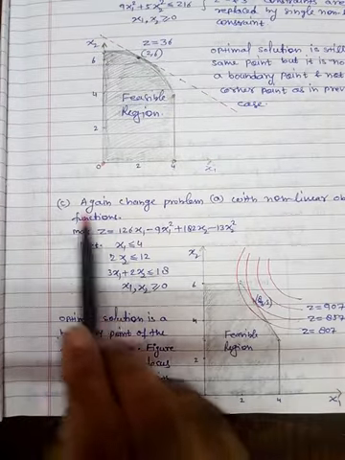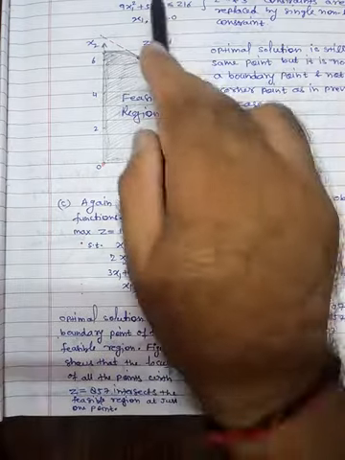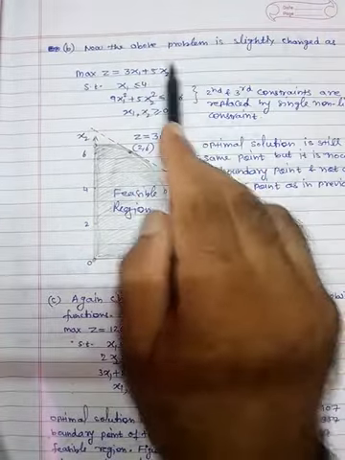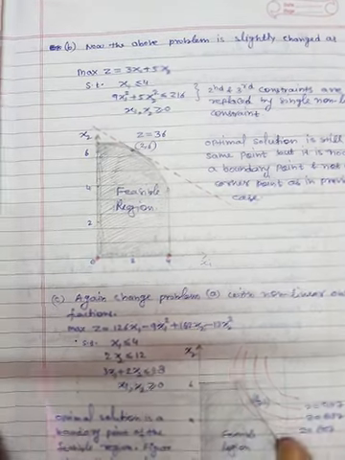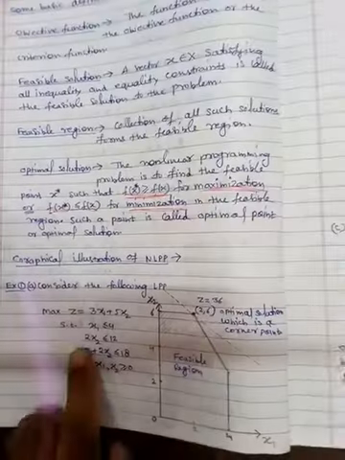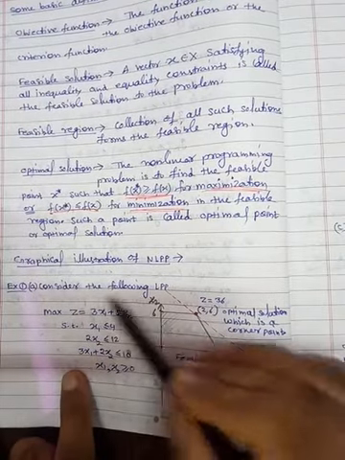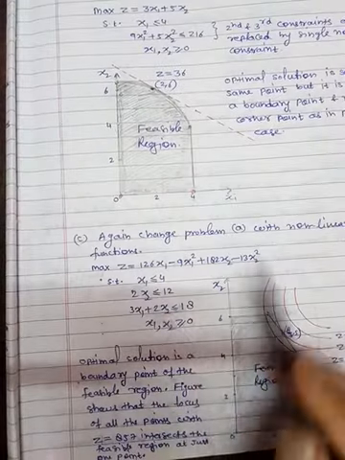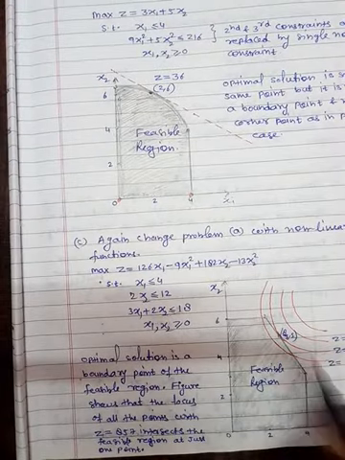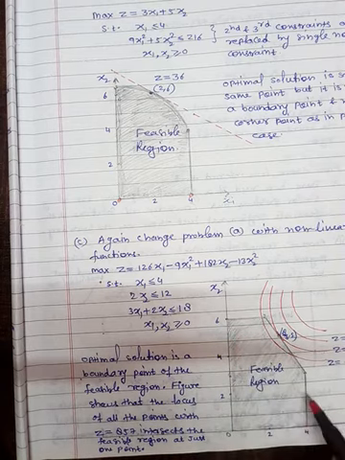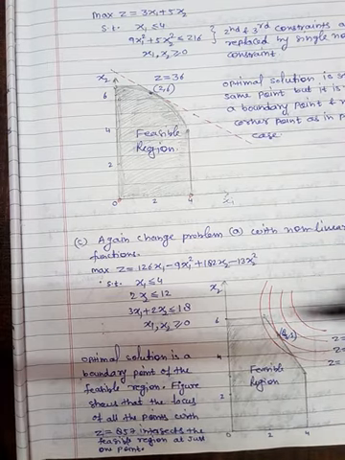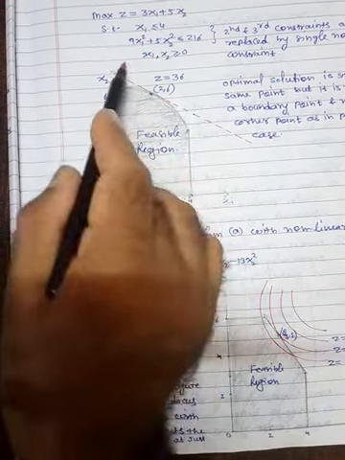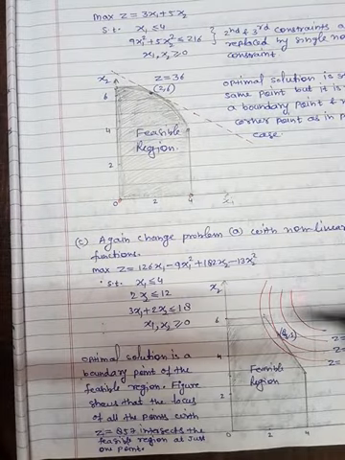Now the third case: again, now change the objective function here. Rather than this linear one, we are now taking a non-linear one. However, the constraints are the same as we took in the first case. They are the same, but in place of this we are taking non-linear. All the constraints are the same. Again, you will see that the region will be the same as in the first case. However, now when you draw this, you will see that you have this type of parallel curves. Just like here you have parallel straight lines, here you have this type of parallel curves.